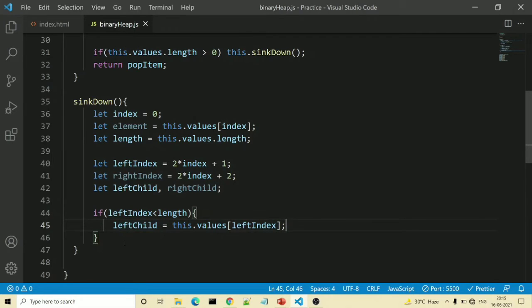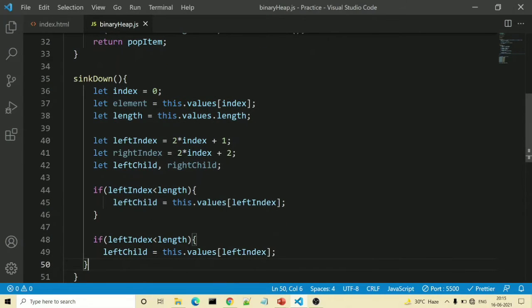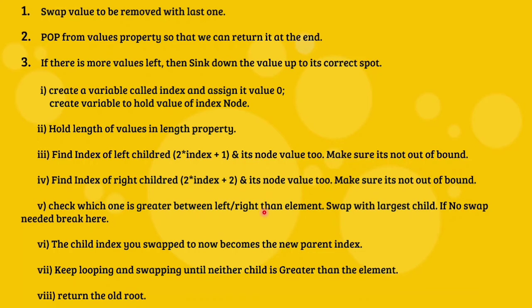Same way we will do for our right child as well. Control C and we will simply replace the things. Right child. So if our right index is lesser than the length, then we need to actually replace it and right child value. Yeah. So now we have our left index, right index with their node value too as per our pseudocode.